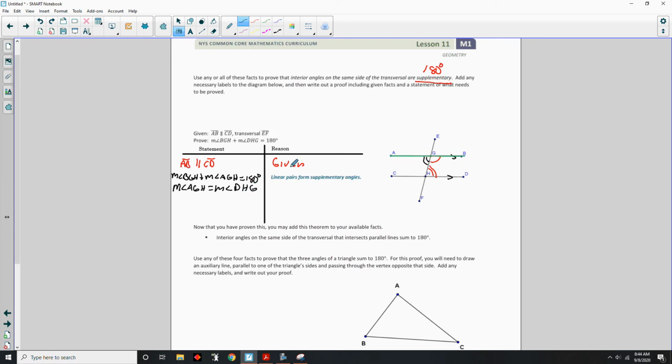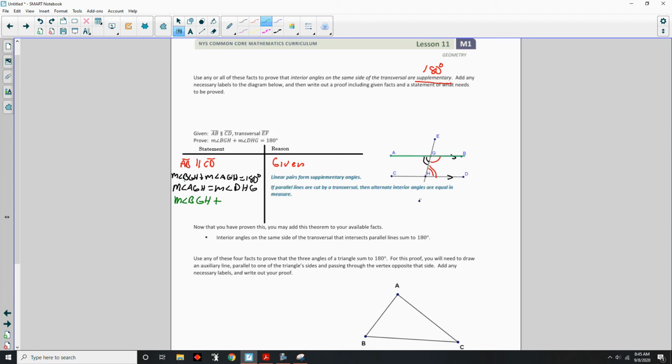And the reason: if parallel lines are cut by a transversal, alternate interior angles are equal in measure. Okay, so there you have it. And then finally, I can substitute in values and finish. I'll do it in green. So the measure of BGH, that's this one, the measure of angle BGH